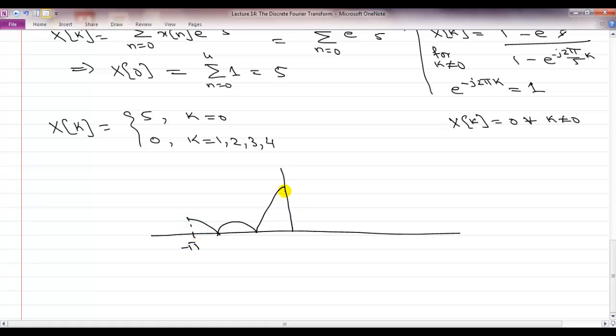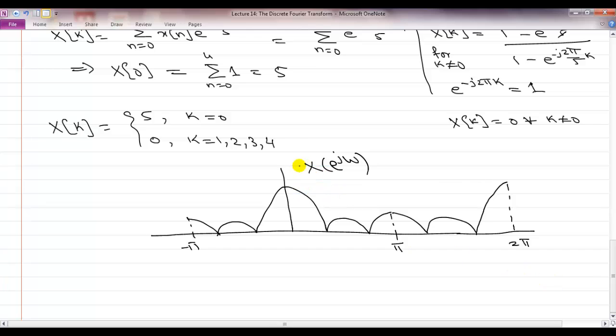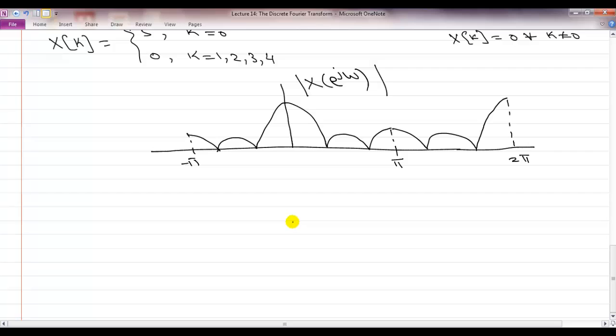So from minus pi to pi. Okay. And we said we can extend that too. So this is up to 2 pi. This is what my DTFT looked like, or at least the absolute value. And when we computed our DFT